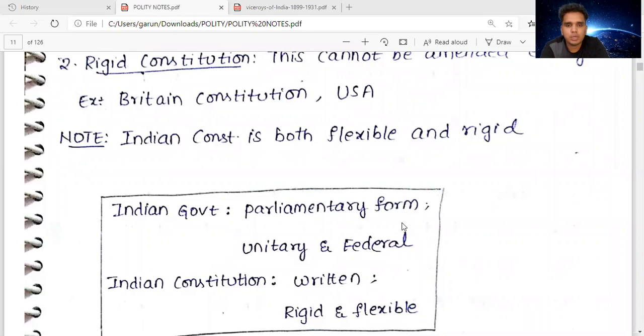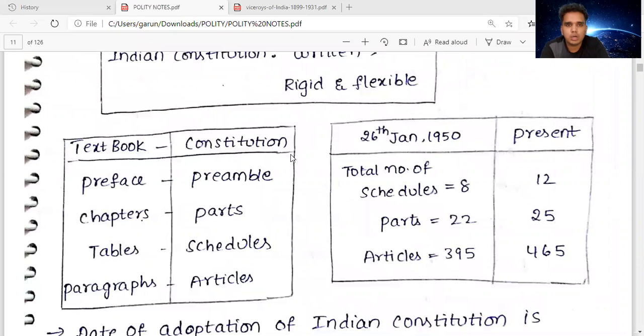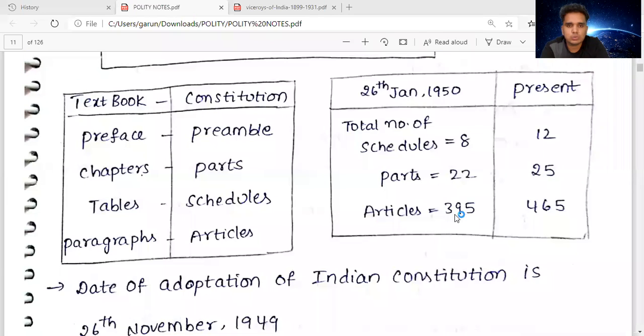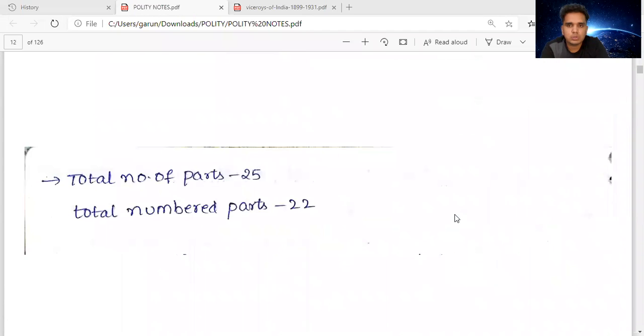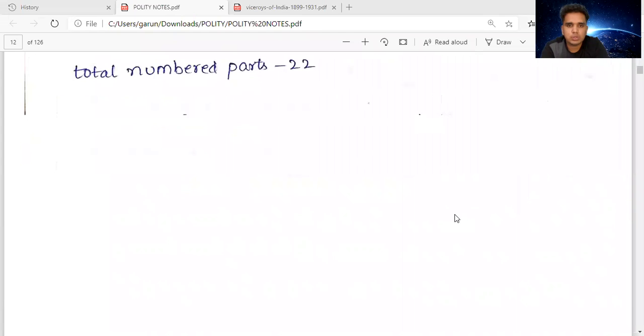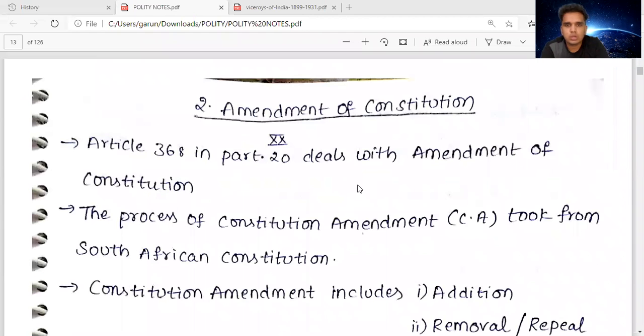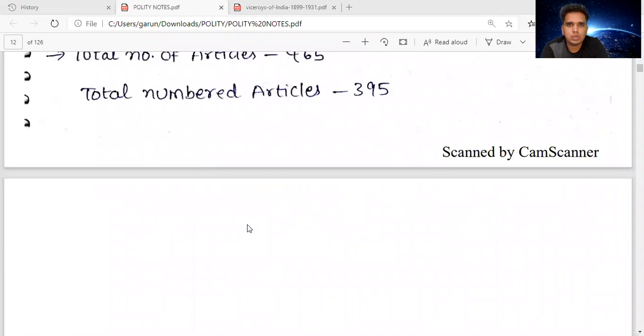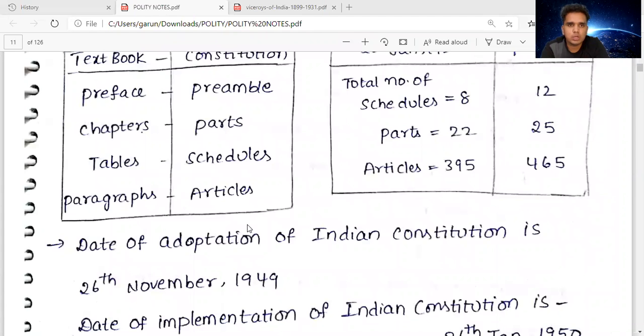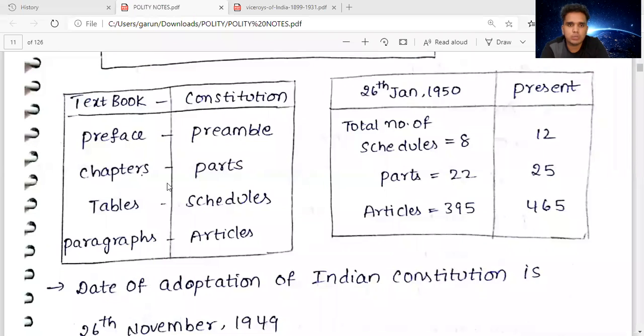अब हम आगे करेंगे textbook, constitution, preface and this adoption of Indian constitution. Okay, from here we will do tomorrow. So total number of parts, and amendment of constitution we will do tomorrow. Second unit we will do tomorrow. Okay, ये थोड़ा सा बच जाएगा फर्स्ट यूनिट का. टेक्स्ट बुक्स, कॉन्स्टिट्यूशन, प्रीफेस, प्रीएम्बल,